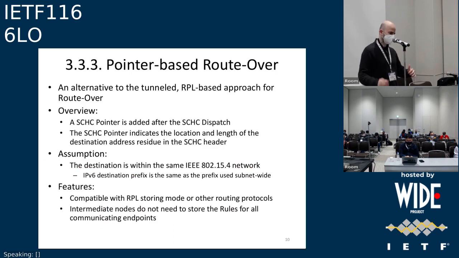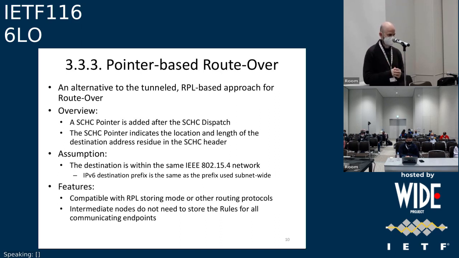So yeah, on the other approach that we are considering for route over, which is called the pointer-based route over approach, the idea is to provide some alternative to the tunnel ripple-based approach that I was just presenting. Here, the idea is that in the 15.4 frame payload, after the SHIC dispatch, we would place a SHIC pointer. And the pointer will indicate the location and the length of the destination address residue in the SHIC